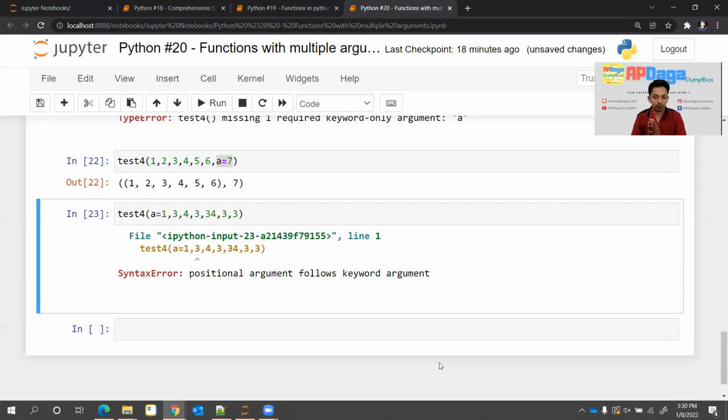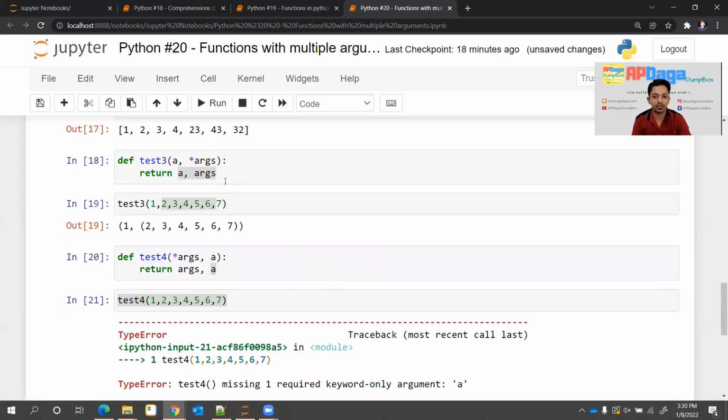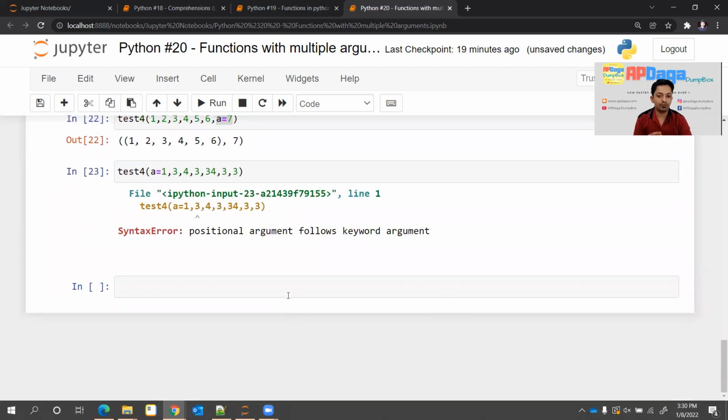Whenever you need to pass a positional argument and this asterisk ARGS, we call it a keyword argument, it is standard practice that you should always write positional arguments first at the time of function definition, and at the end take this keyword argument.